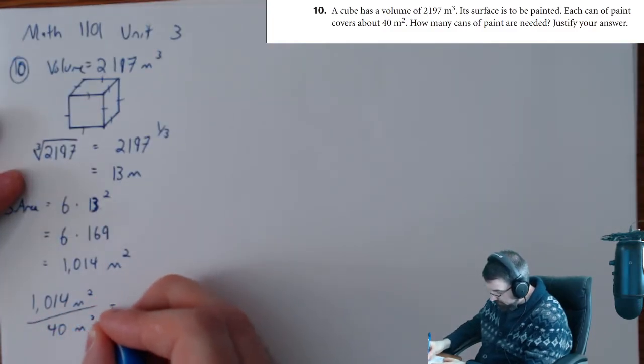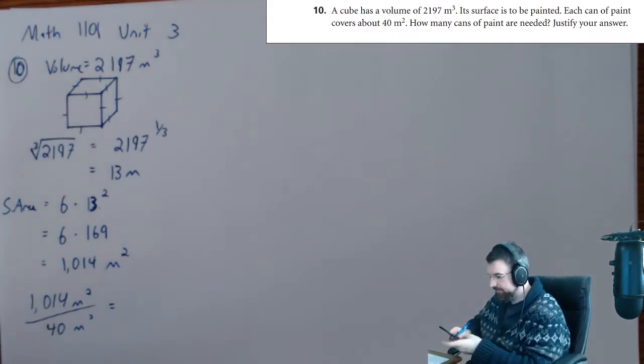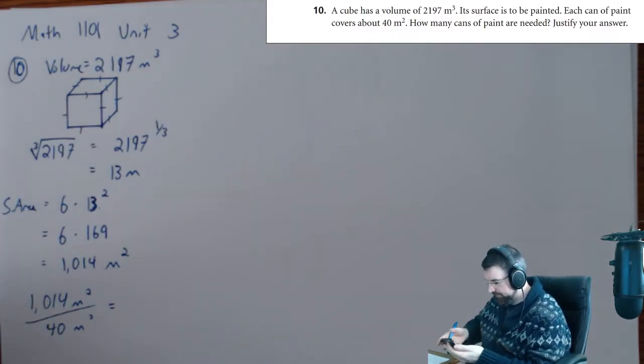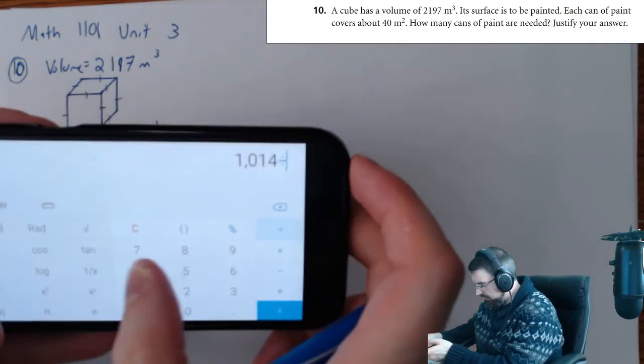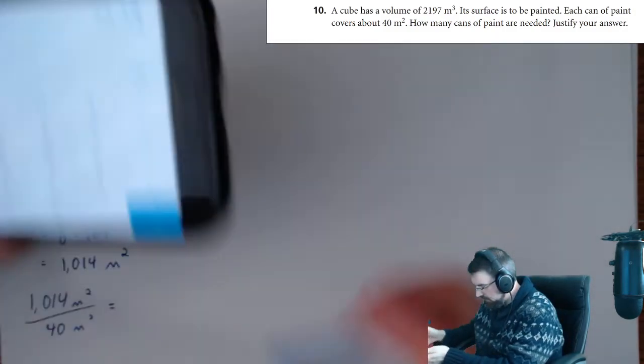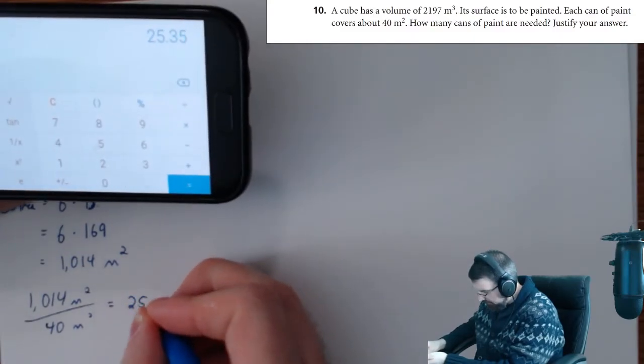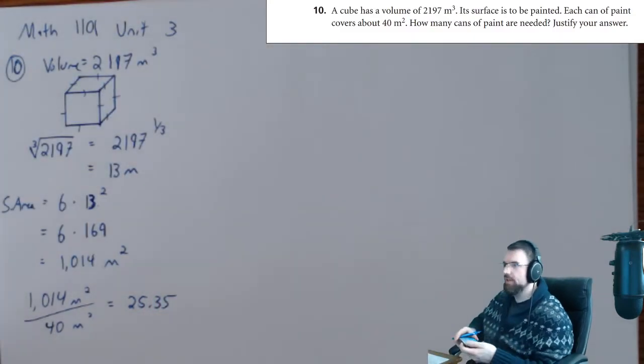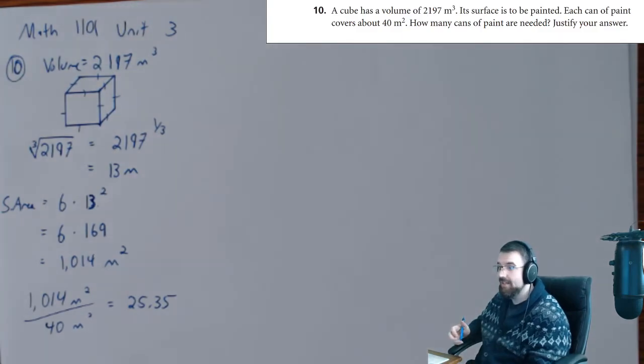Divide by 40 meters squared. So we're just going to divide that by 40. That's going to be 25.35. And of course, since we're talking about how many cans of paint are needed,